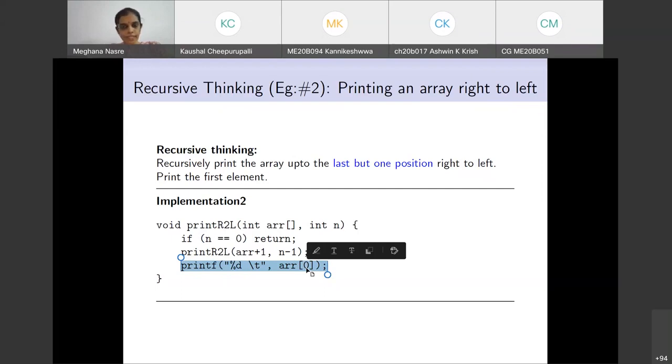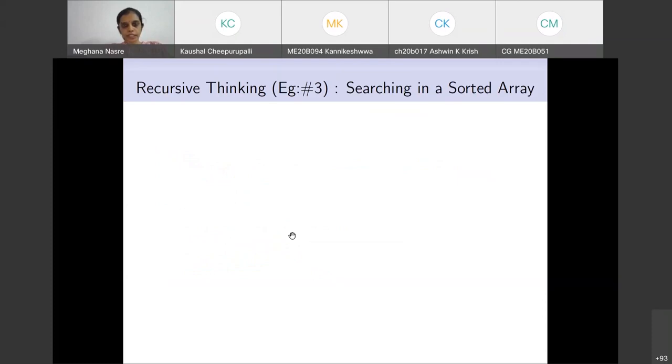Okay, ma'am. So again, I strongly encourage you to visualize this on the visualizer, completing the code with the main, etc., with an array of size 5 or 6 or something which is manageable for you to visualize. Okay, so I'm going to move to the next example that we have. Are there any questions about this print? Okay, so the next example that we have is